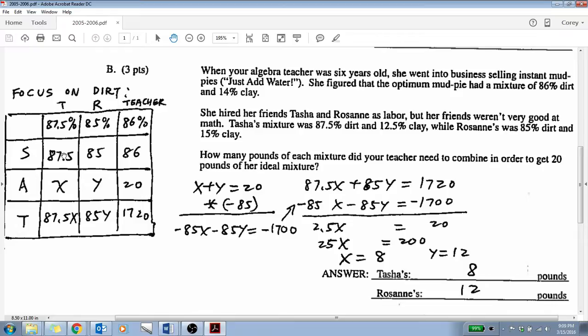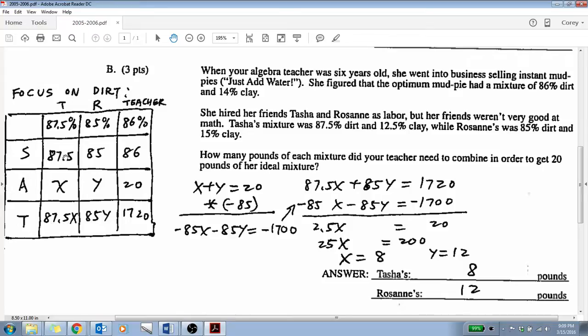here. So 87.5 is going to be in this first spot, 85 is going to be here, and 86 right here. What we're adding, we're trying to find what we're adding, so we'll let that be X, and then the other one be Y. And then the teacher, what we're trying to get ultimately, is going to be 20. And then the total